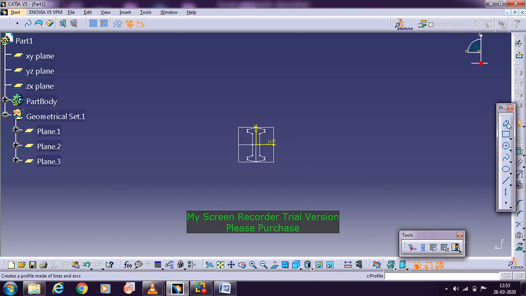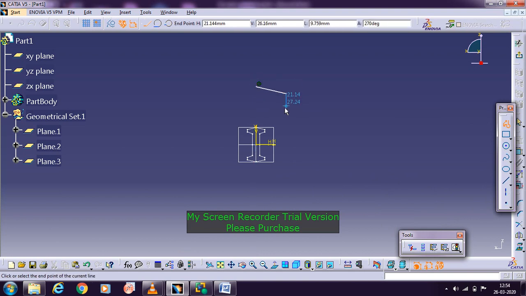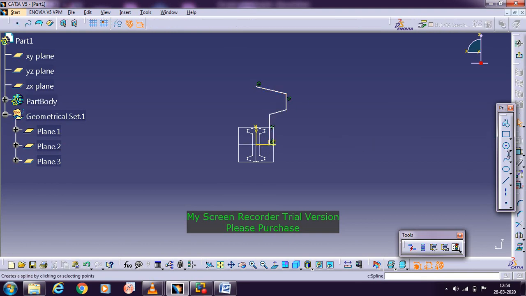Now you need to create the profile. When you are selecting, you need to get it on this line. So create the profile here. Now show the dimensions. The same way you have shown before, you need to show them here.